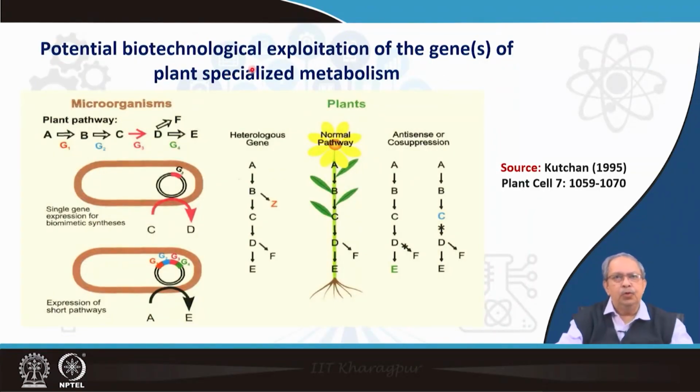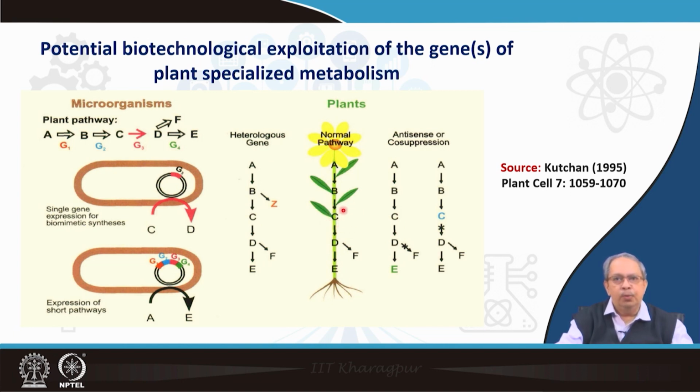Now, here we will show the potential biotechnological exploitation of genes of plant specialized metabolism. Say a normal pathway is operating, which makes A to B, B to C, C to D and D to E, and also D can make F. Now, if you are interested to produce one of the intermediates, C, in higher amount, then what you have